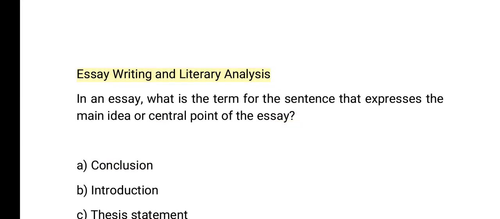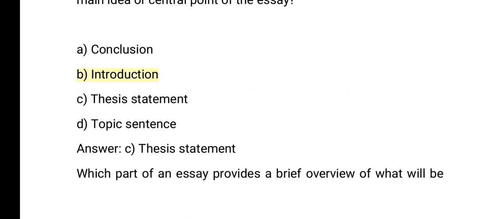Essay writing and literary analysis. In an essay, what is the term for the sentence that expresses the main idea or central point of the essay? A. Conclusion. B. Introduction. C. Thesis statement. D. Topic sentence. Answer: C. Thesis statement. Which part of an essay provides a brief overview of what will be discussed in the